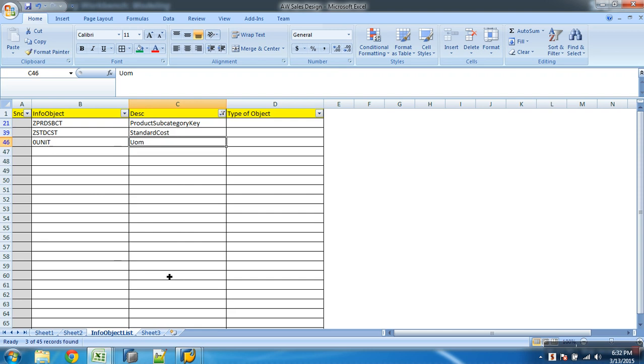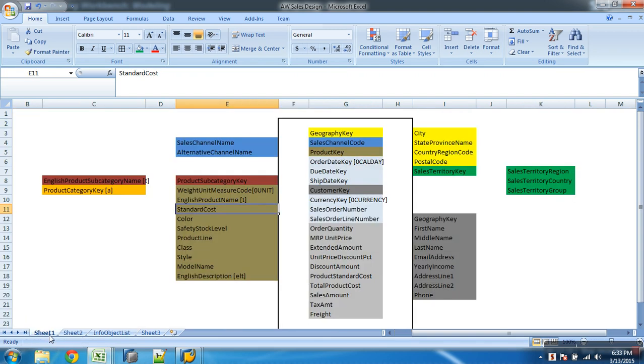So now with this, you should also understand a point. A key figure InfoObject can also come as an attribute for another characteristic. Can I use a key figure in two places? One is as an attribute, or I can also use this inside my cube also. Now in this case, I am using standard cost as an attribute of material number. That's very important. They ask you that question.